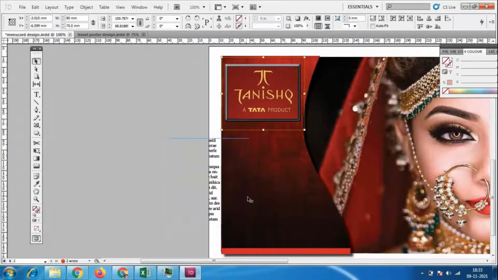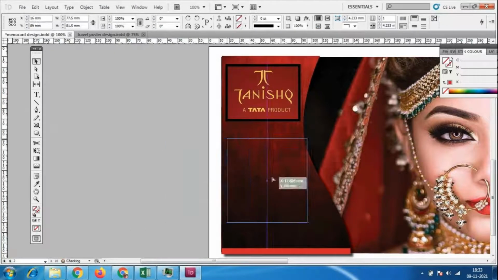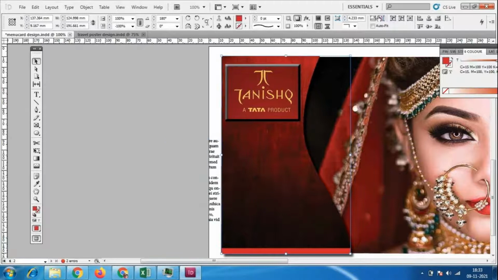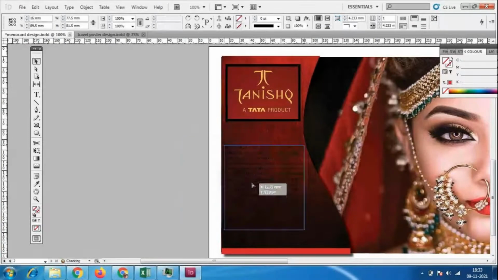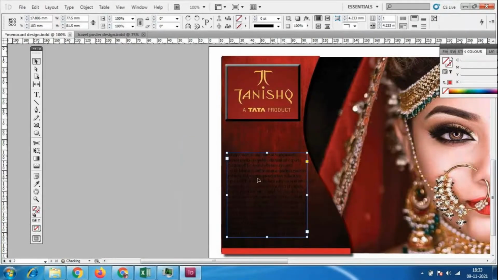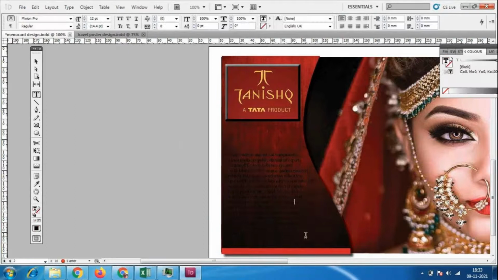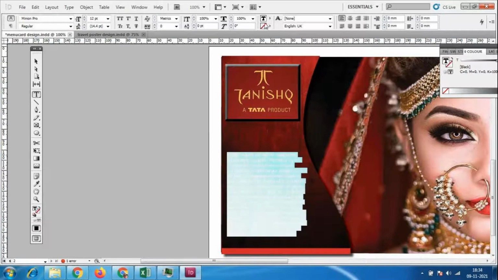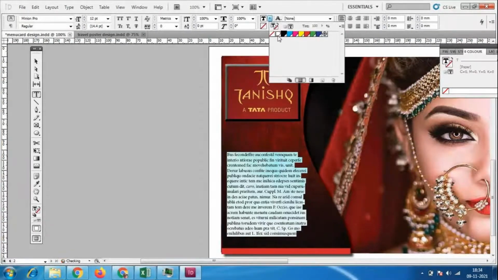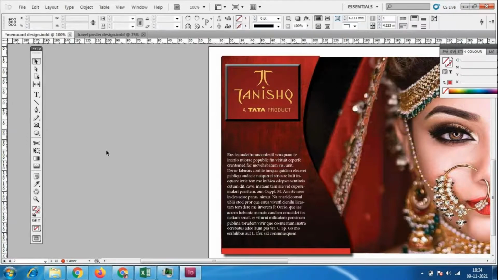Okay, for this I have not used this, so this is the option. It comes like this. Okay, so I just keep it like this only. So I'll just keep it like this only.